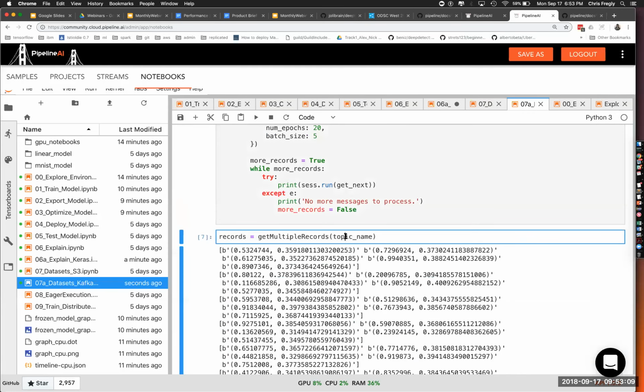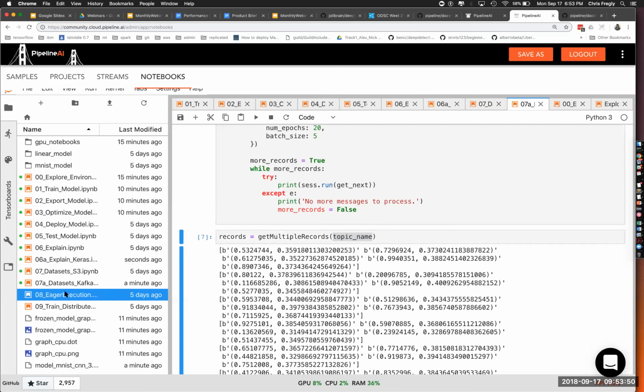So you can give it a topic at a time, and it's handling all of the low-level Kafka consumer details. We work with the Confluent folks to get optimized versions of Kafka for Kubernetes, and getting all the high availability in place. So right now, by default, when you spin up your own version of Pipeline through either Professional or the Enterprise, you will get a default Kafka cluster that's 3 nodes for the broker, 3 nodes for Zookeeper, and we handle all of the Kubernetes magic beneath the covers, and you can scale that up and down as you need to.